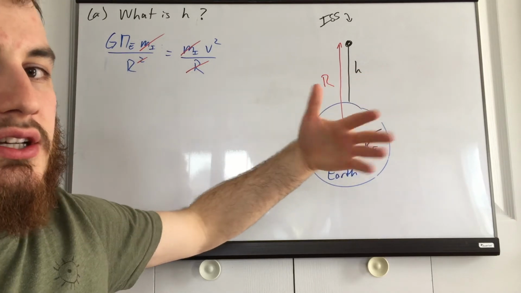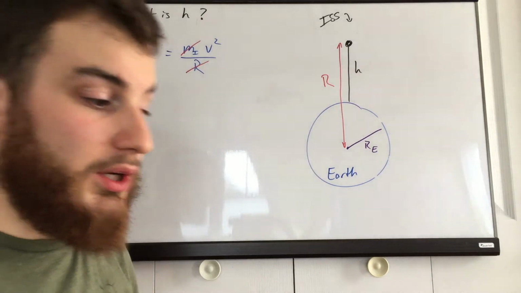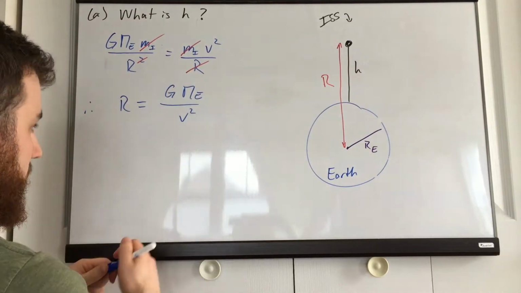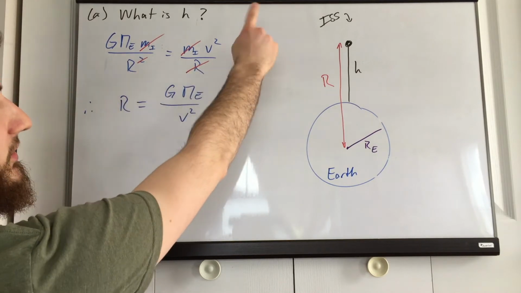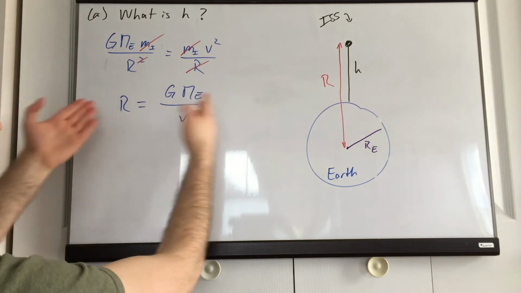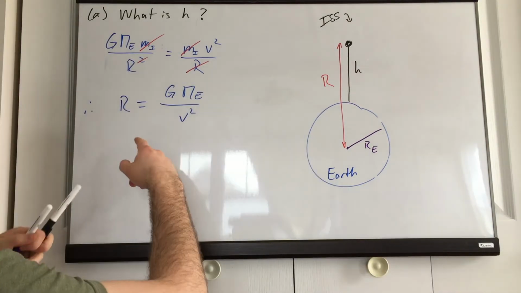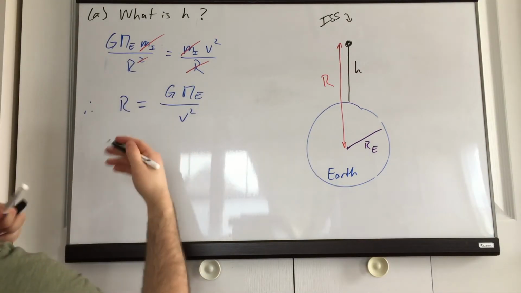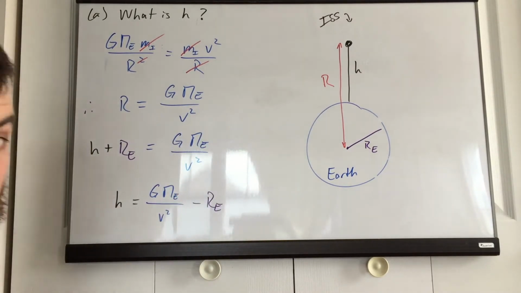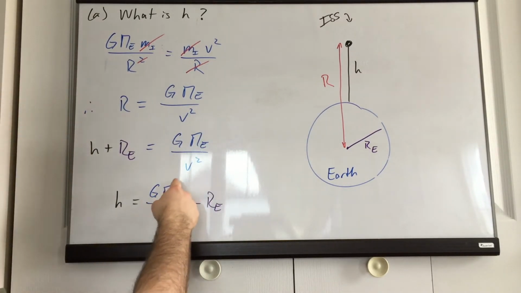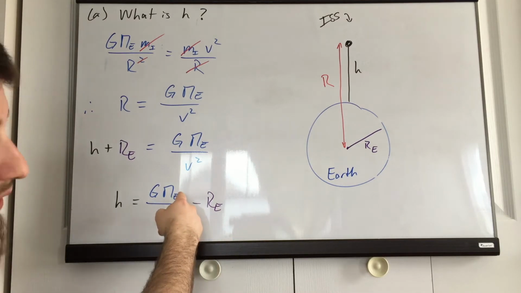First, let's find an expression for R in here, and then solve for h. Solving for R here, we simply take R, put it on the other side, v squared, put it on the other side, rewrite, and then we need to use this thing here. So we have here, and that's it. h is equal to G m_E over v squared minus R_E,